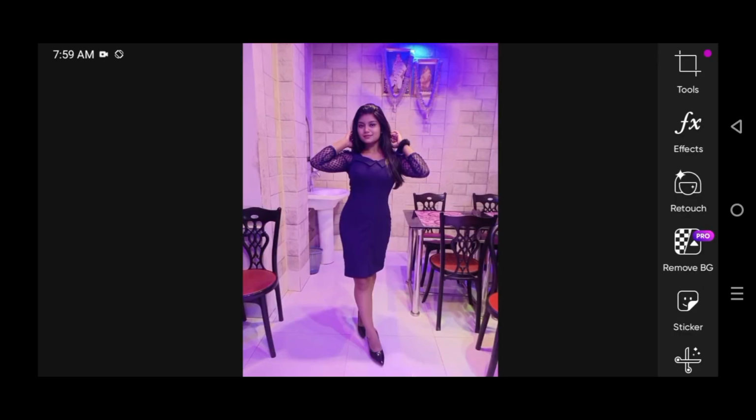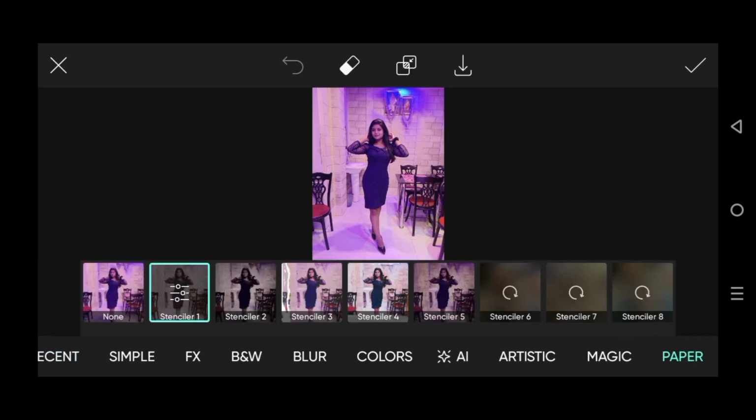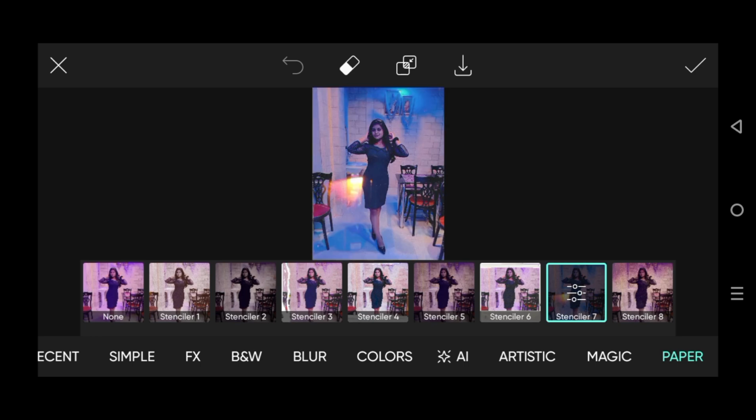Hi guys, and dear students, in this tutorial I am going to apply beautiful effects options on pictures like this. Here I have to apply paper effects. Some of these effects have been applied. Now we can try